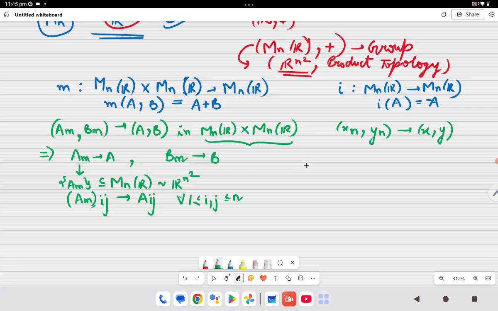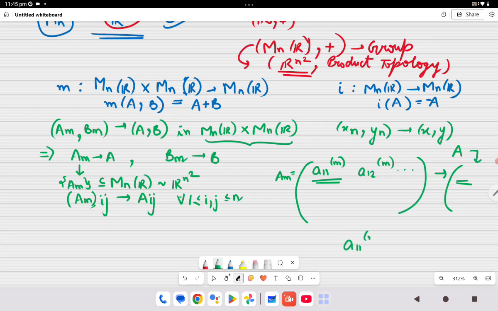मतलब क्या हुआ? मतलब ये हुआ कि जो भी मेरे पास पूरी सीक्वेंस है, लेट्स से अगर ये Mth टर्म है इस सीक्वेंस की, ठीक है, with A11 let us write M, A12 let us write M, and so on, and it is convergent to a matrix A. So जो मैट्रिक्स A का फर्स्ट कोऑर्डिनेट होने वाला है, सो दैट इज नथिंग बट ये जो मेरे पास A11M वाली जो सीक्वेंस है, वेयर M इज रनिंग फ्रॉम 1 till infinity, ये सीक्वेंस R में जहाँ भी कन्वर्ज करती है से A11, सो वही इस A मैट्रिक्स का फर्स्ट कोऑर्डिनेट होगा. रीज़न यही है कि जब हम Rn स्क्वायर में सीक्वेंस का कन्वर्जेंस देखते हैं तो वो कोऑर्डिनेट वाइज कन्वर्जेंस होता है,